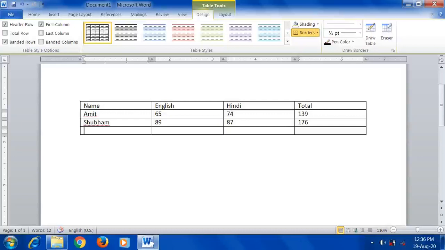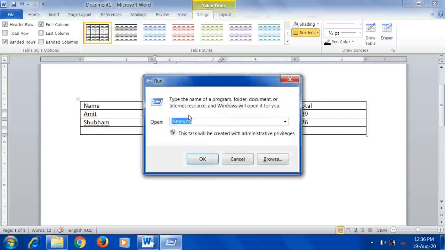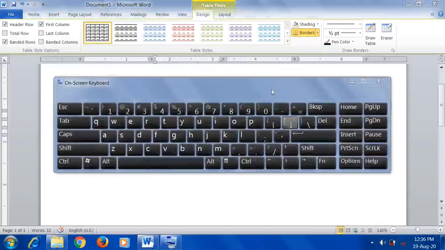Now if you want to move back, hold the shift button and press the tab key. Your cursor moves in a backward direction. If you want to edit anything, you can handle everything using the tab key itself. When you press shift and tab, the cursor moves backward, and when you press the tab key directly, the cursor moves forward. If you want to move up and down, you can use the arrow keys. Let me show you where the arrow keys are on the screen keyboard.